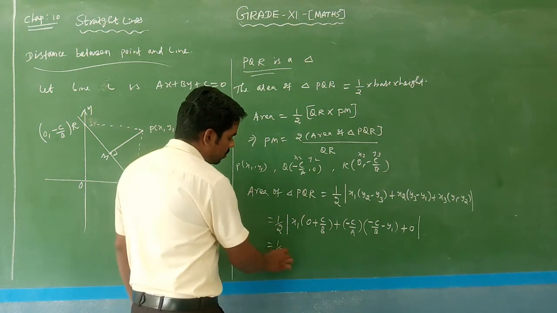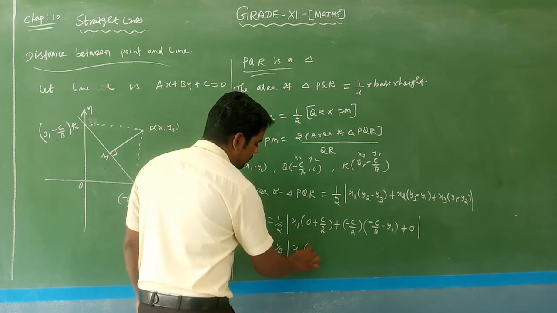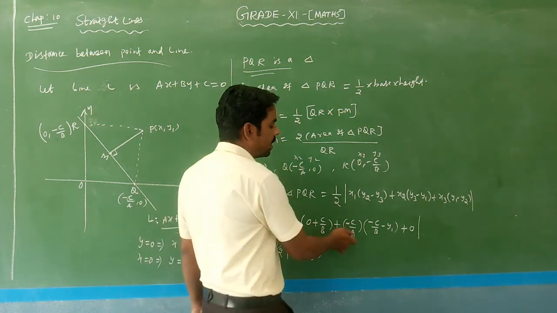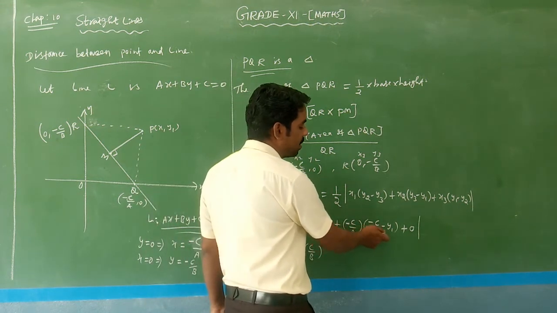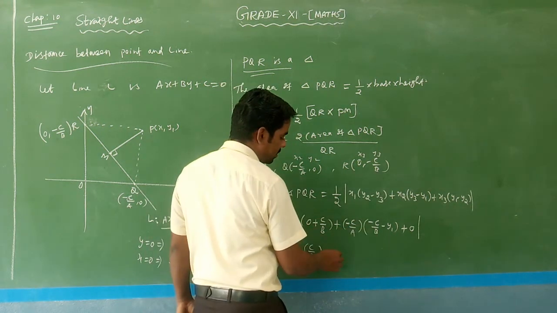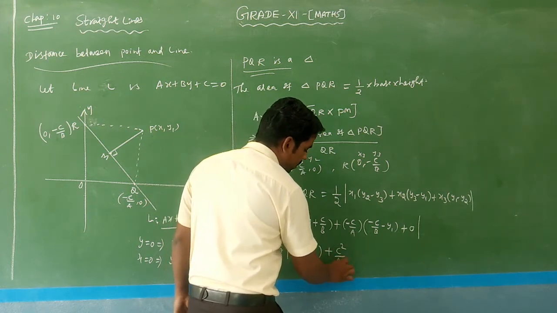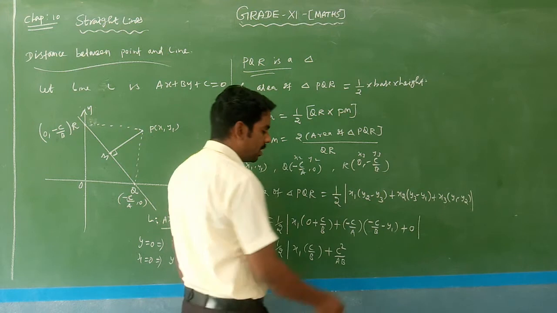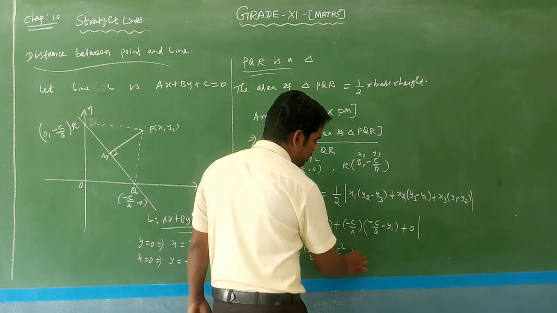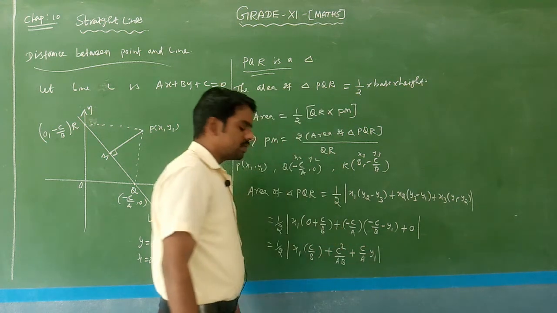Remaining: 1 by 2 of x1 into c by b, x1 c divided by b, minus c by a into (minus c by b minus y1). So minus c by a into minus c by b is equal to plus c squared by ab, and minus c by a into minus y1 is plus c by a y1. Okay, so